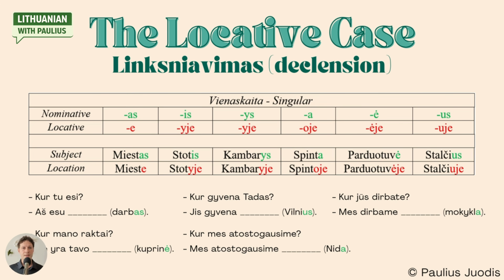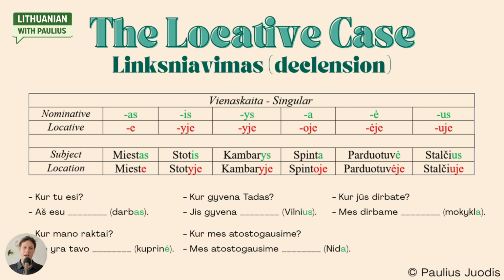So let's take our new knowledge and put it to the test. Below the table, you see a couple of dialogues. Let's try to complete them together. First, I recommend stopping this video and trying to do the exercises by yourself. Just take a look at the table, see how to change the green endings into the red ones. And once you have done it, unpause the video and we will see if you were correct.